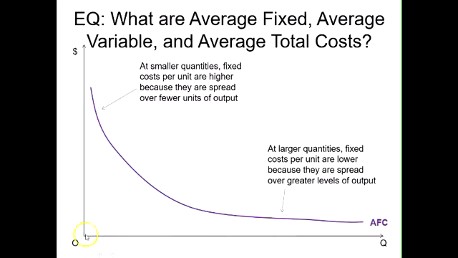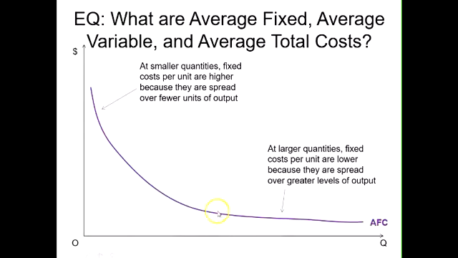So at smaller quantities over here, we're dividing by a smaller number. Therefore, at smaller quantities, fixed costs per unit are going to be higher because they're spread over fewer units. So this curve right here, the average fixed cost curve, is going to be higher on the left. But as our quantity increases, we're dividing by a larger number, and so average fixed cost is going to